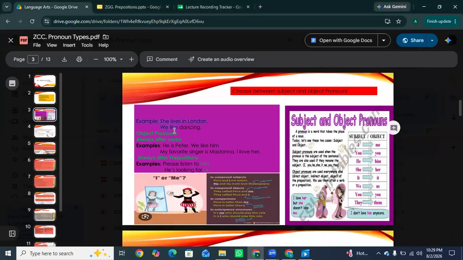For example, she lives in London. Okay. So she is a subject pronoun. She is doing the action lives. We like dancing. We is doing the action like. Okay, so we is a subject pronoun. The next one is